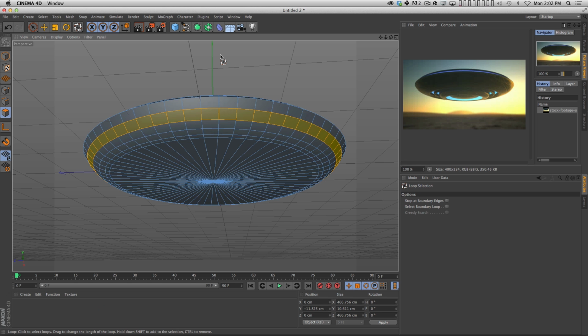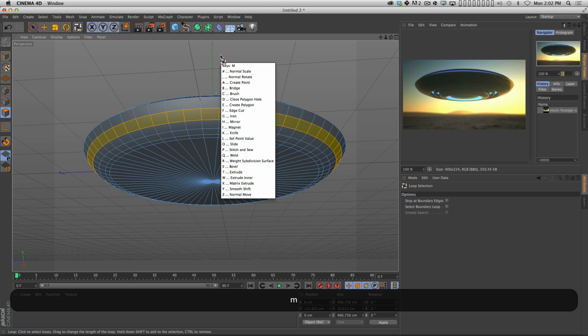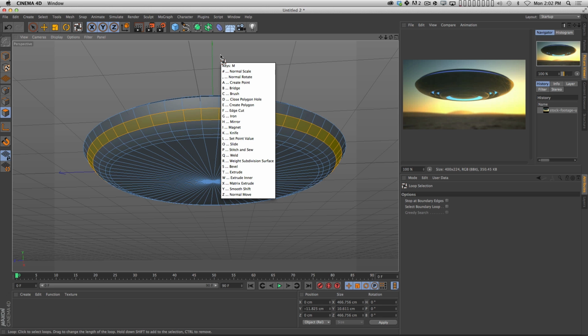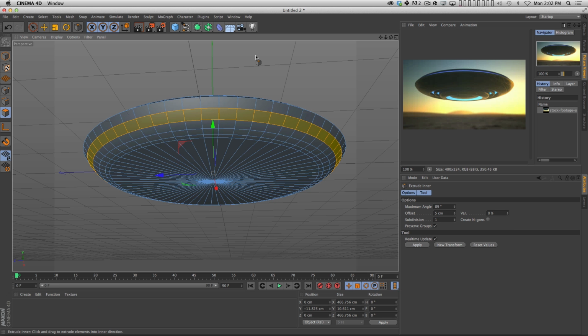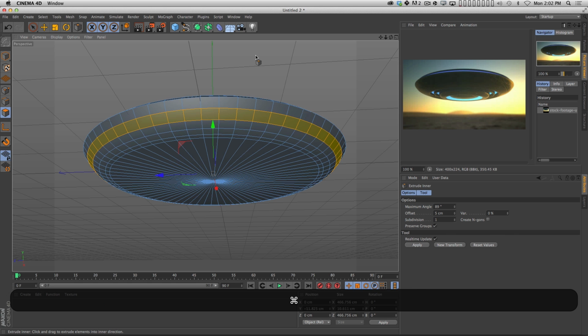Now we're going to use a couple modeling tools. I'm going to hit M, which brings up another contextual menu of modeling tools, and we're going to use Extrude Inner, which is W. Extrude is one of the most common modeling operations you can do in 3D software. And Extrude Inner works kind of the same way, except, and actually this might be easier to show you guys